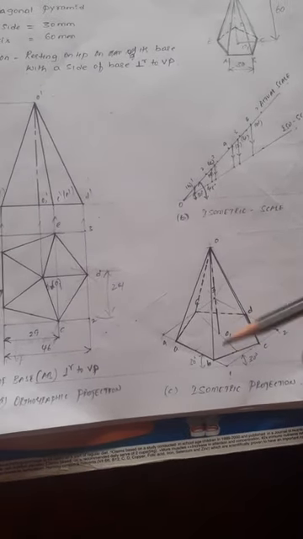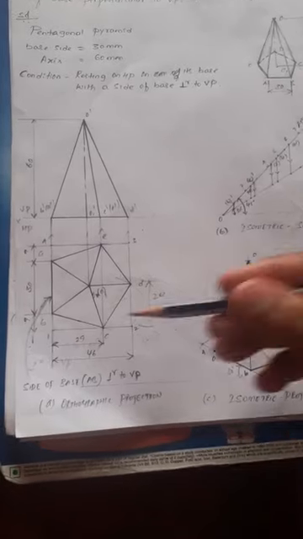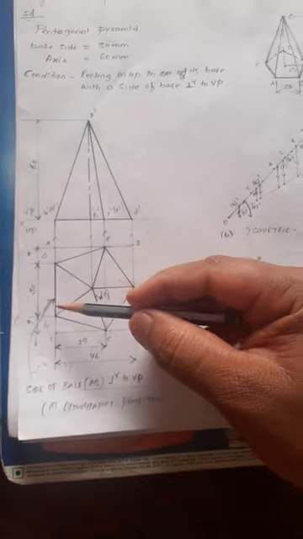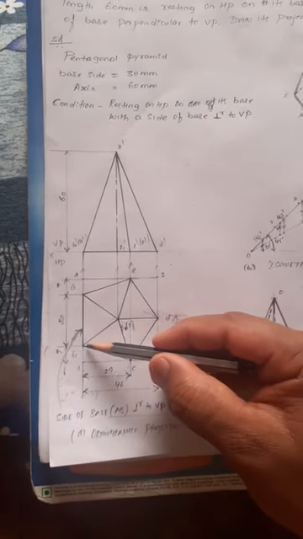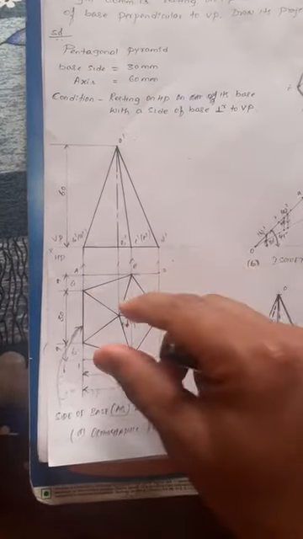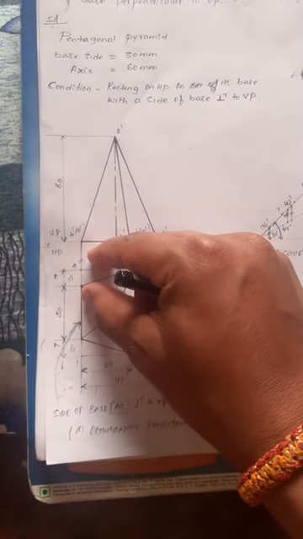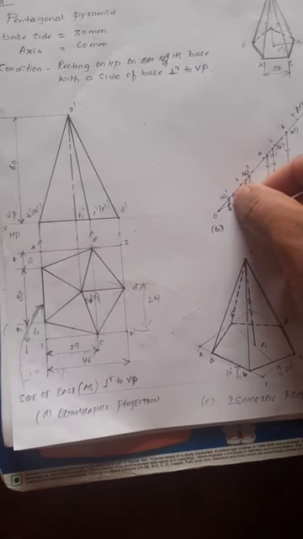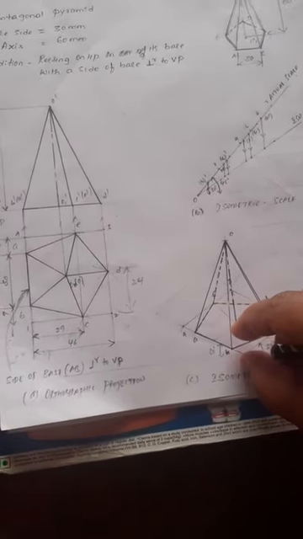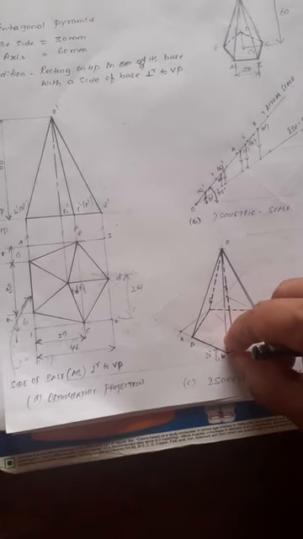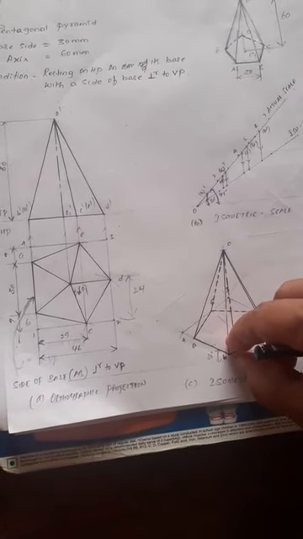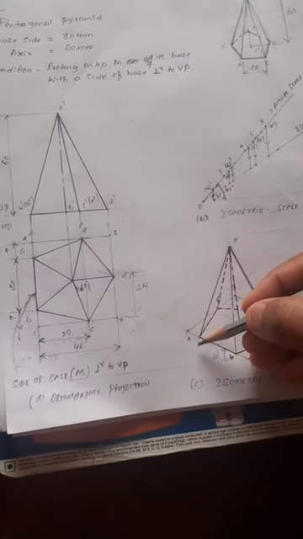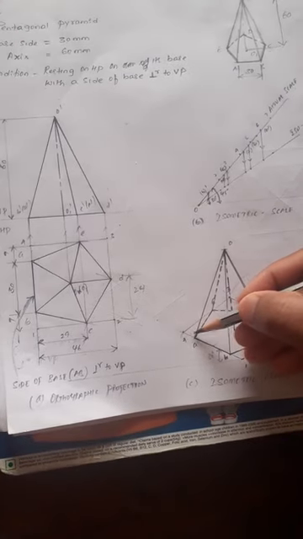Now after this, on 1 4, the corners of the base, B and A, will come. How much is it? From 1 to B is 9 mm. 4 to A is also 9 mm. Go to the actual scale, then convert into isoscale. Take the compass, draw an arc along the 1 4 line, and you will get point B. From point 4, draw an arc of iso 9 mm, and you get point A.